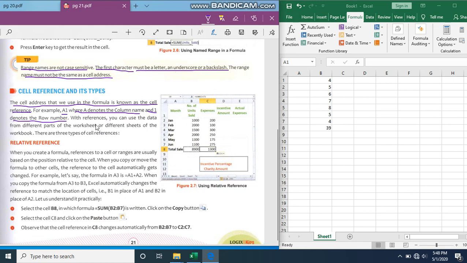the row number. With references, you can use the data from different parts of the worksheet or different sheets of the worksheet. Now relative reference, there are many types, underlined. There are 3 types of cell references. When you create a formula, references to a cell or range are usually based on the position relative to the cell. So when you copy or move the formula to the other cell, underline, the reference of the cell automatically gets